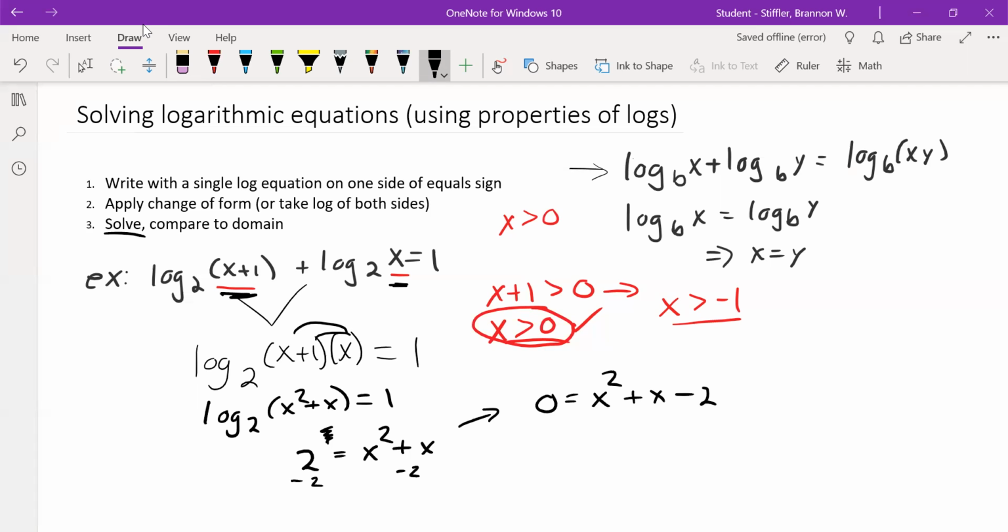Now I'll solve. As a quadratic, you can solve by completing the square, by the quadratic formula, by factoring, whatever works best for you. This one looks like it can be solved by factoring, which means I'll make this into x plus... I need a positive 1 and a negative 2, so it's going to be x plus 2, x minus 1